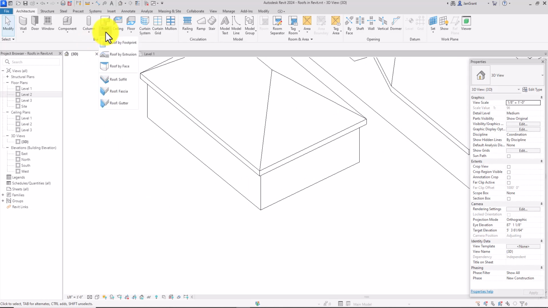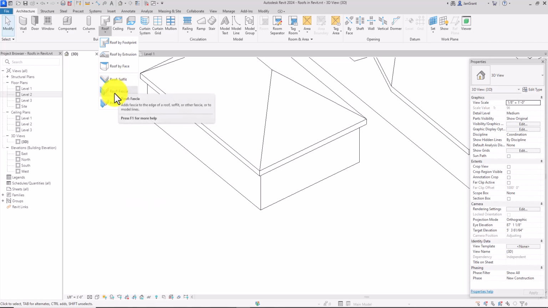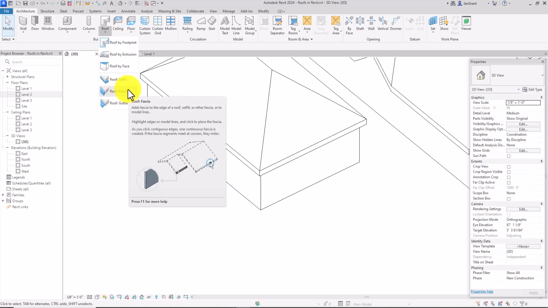We, or most of them, have a soffit, a fascia, and a gutter. If you just rest your pointer on these, you'll see that the soffit is the piece underneath the overhang. It kind of closes in with an air vent screen, so it's at that point underneath that overhang. A fascia board is the board at the end of the roof pitch. It kind of covers all the roof rafters,